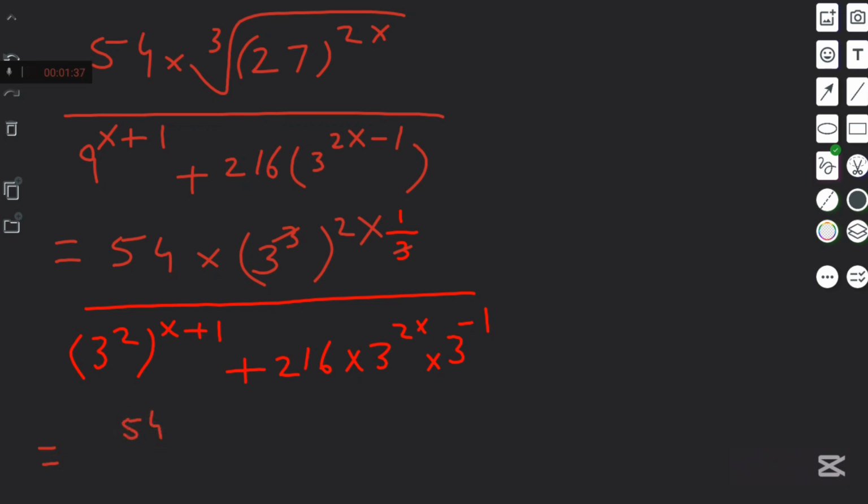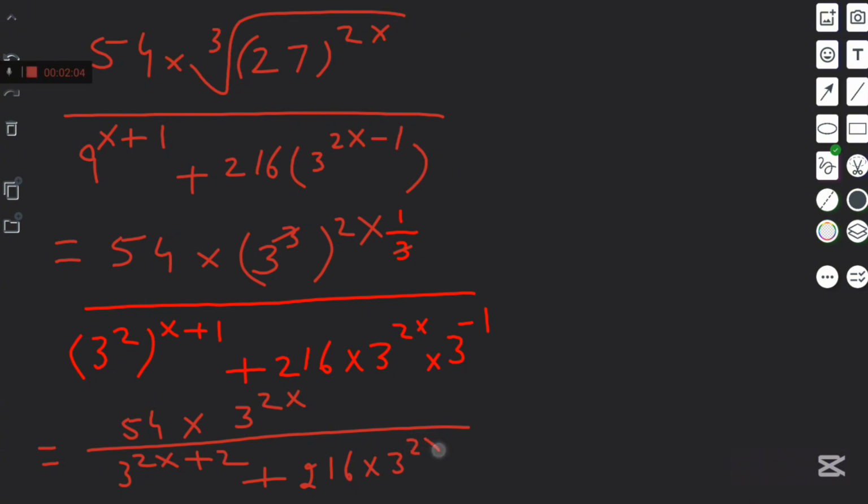54 times 3 power 2x over 3 power 2x plus 2, plus 216, then times 3 power 2x times 3 power minus 1. Okay, so in the next step I can write